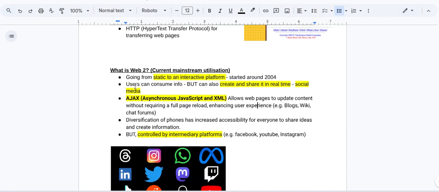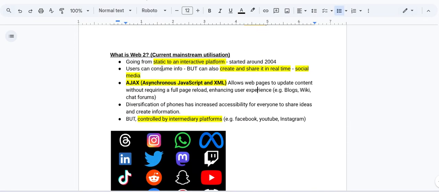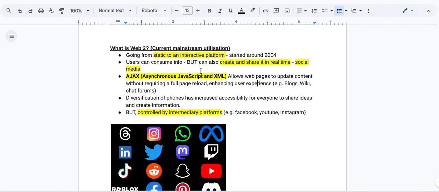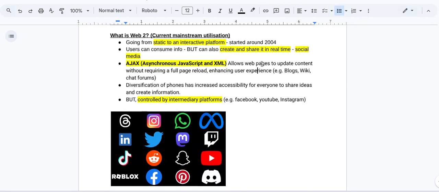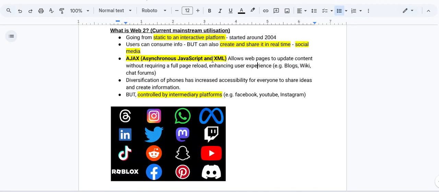However, Web 2, so this is what we use today, and this started around 2004 as we started to gain platforms like social media, so like MySpace initially came around, Bebo and Facebook. But again, going from a more static to a more interactive platform. So users are able to consume information, but also create and share information in real time, which, as we know, is social media. So the technology they used was Ajax, which basically allows web pages to update content